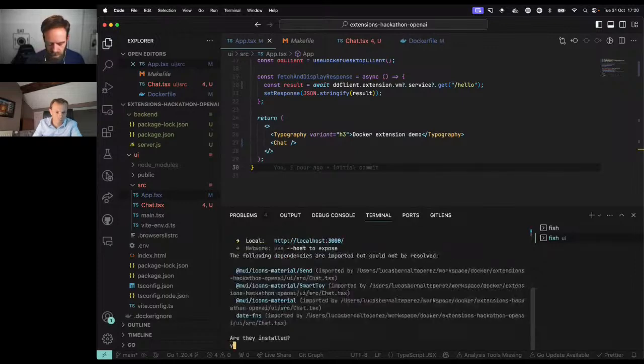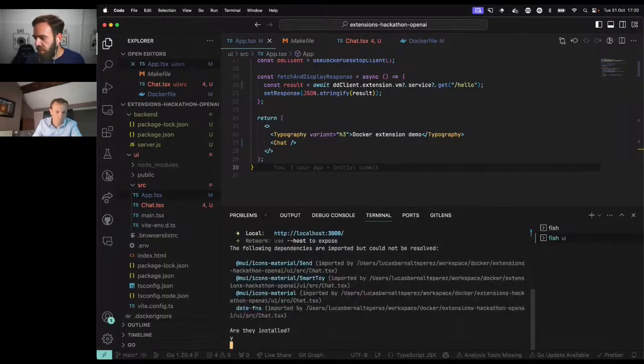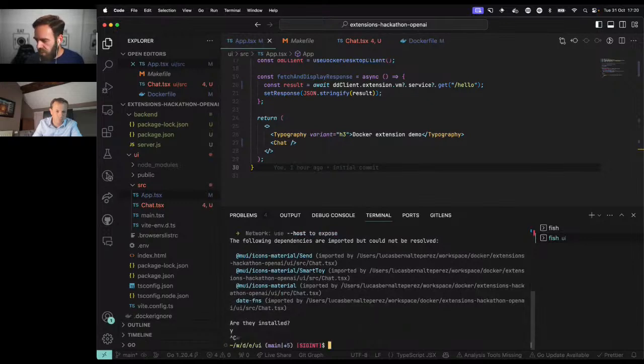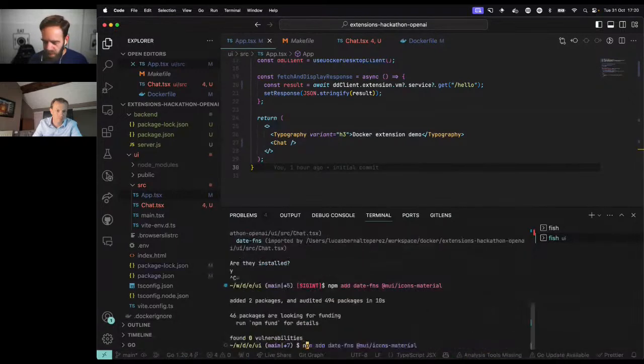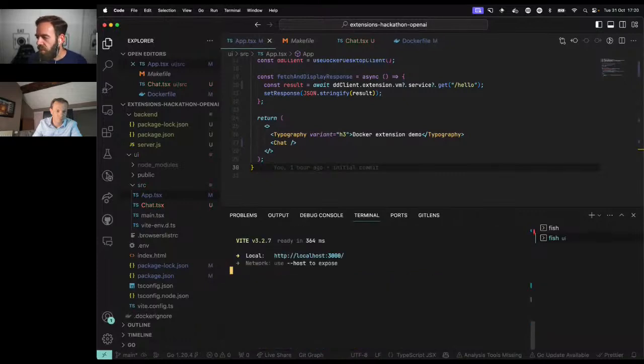Okay. Oh, let's click on yes. I'm gonna do this later, but I think it's okay, or maybe not. Yes, I think I need to add this to the package JSON because I'm using this in the chat. Sorry about that. So I'm just adding these libraries just to do something with dates and something for icons to have more visual things in the chat. Okay, so then I think we can do this, npm install and npm run dev.